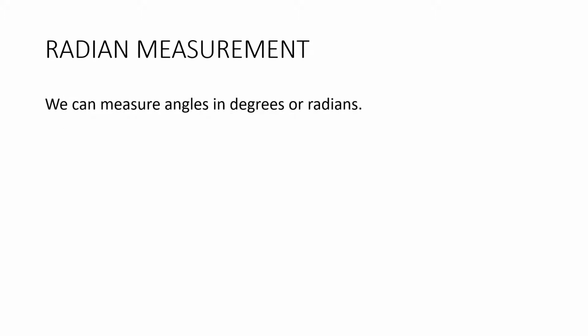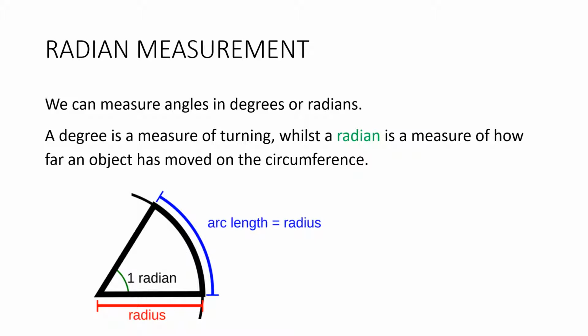And we can either measure angles in degrees or radians, and degrees you should be fairly familiar with. Now, a degree is a measure of turning, like 30 degrees, 60 degrees, etc., whilst a radian is a measure of how far an object has moved on the circumference. So here's our degree measurement here, and this distance along the circumference is the radian measurement. And we define 1 radian to be the distance travelled divided by the radius. Okay, so if that was exactly the same length as this radius here, then that's going to be